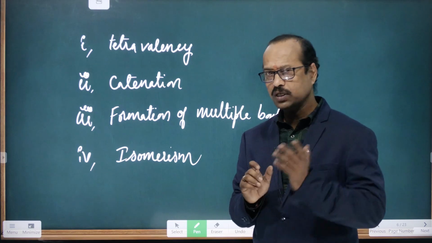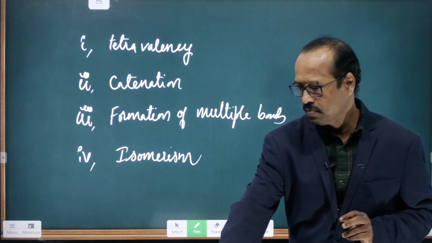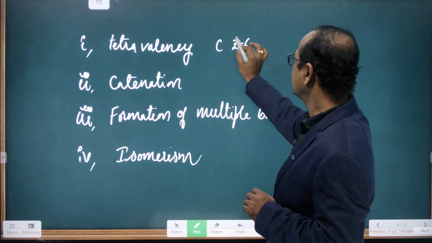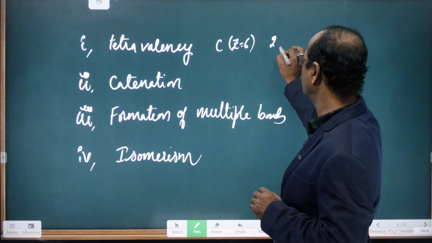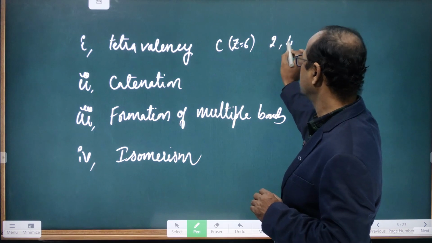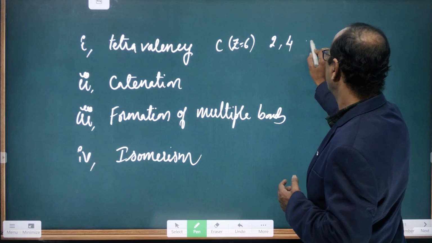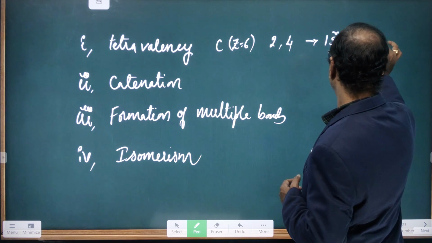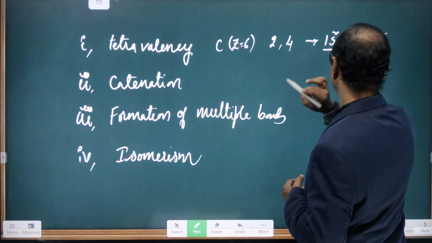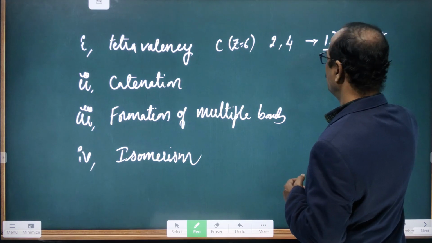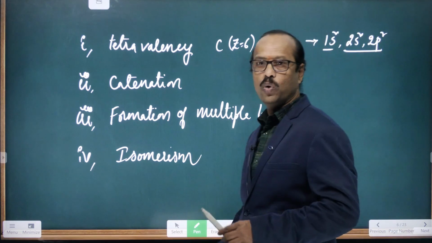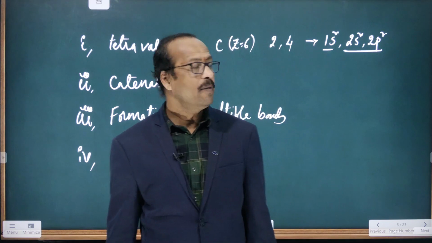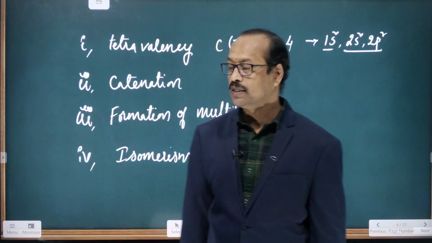In the outermost shell. You know that carbon atomic number is 6, no? Carbon atomic number denoted by Z is equal to 6. How can we write the electronic configuration? 2, 4. Yes. And in detail, if you want to write, how can you write the electronic configuration? 1s2, 2s2, 2p2. Okay. So in the first shell 2 electrons, in the second shell 2 plus 2, 4 electrons. So the valency is 4. So valence shell, meaning the outer shell, has 4 electrons. So that's what is called tetravalency. Clear? So that's about tetravalency.